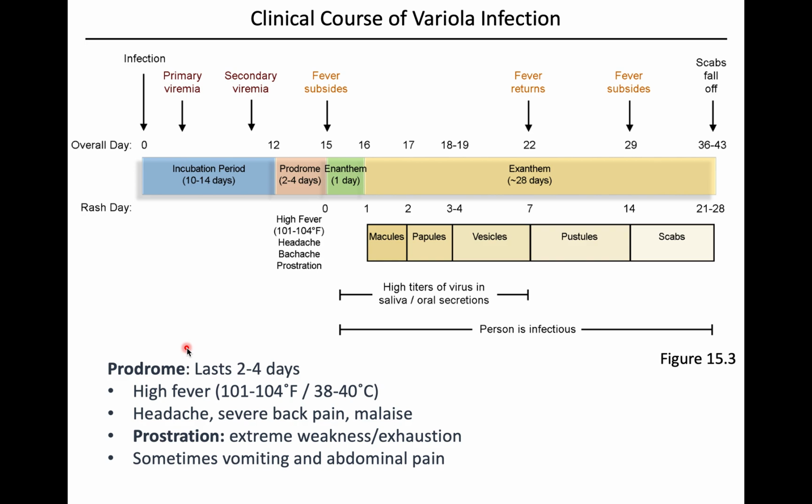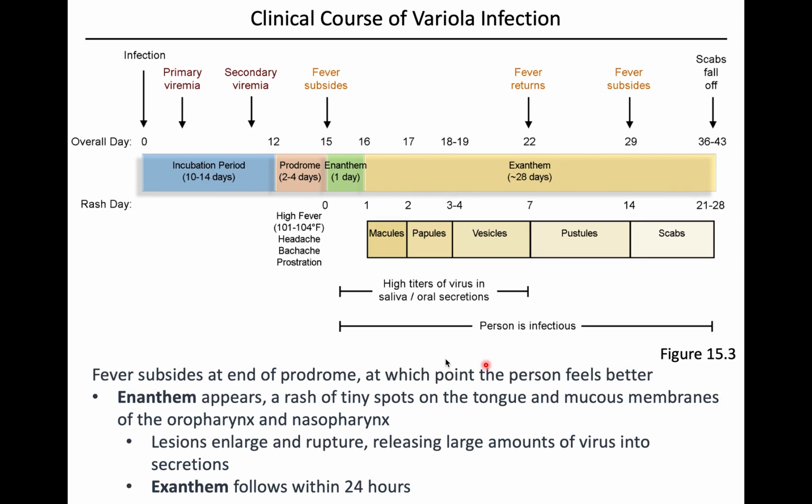High fever, could be quite high, up to 104, headache, backache, usually characterized by extreme exhaustion, weakness, called prostration, because you're going to be prostrate, just lying down, sometimes vomiting, sometimes abdominal pain, but nothing that would scream smallpox at that point. And then the prodromal period is followed by a short, as short as 1 day,